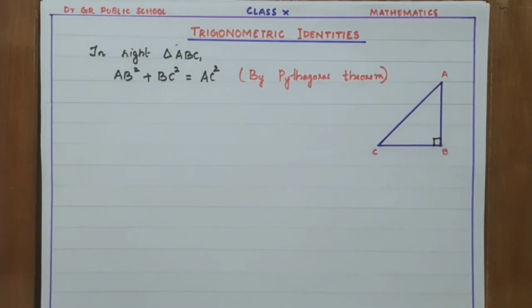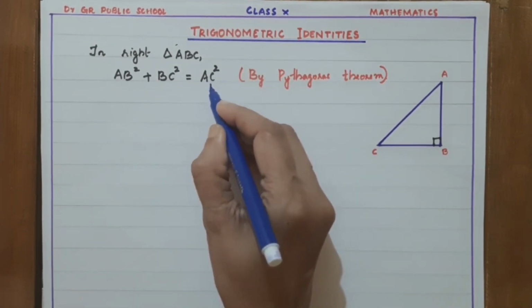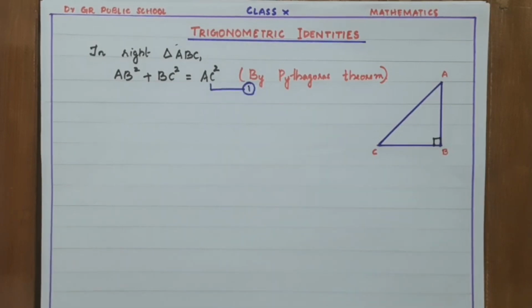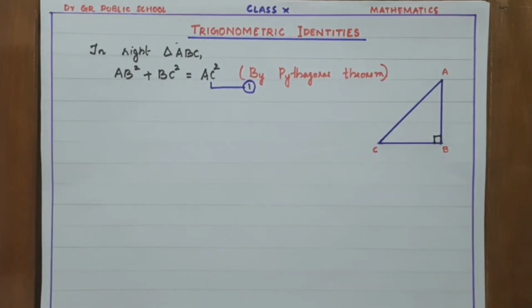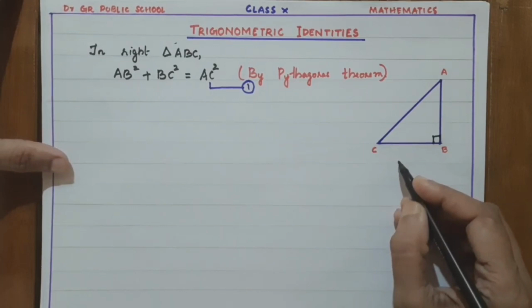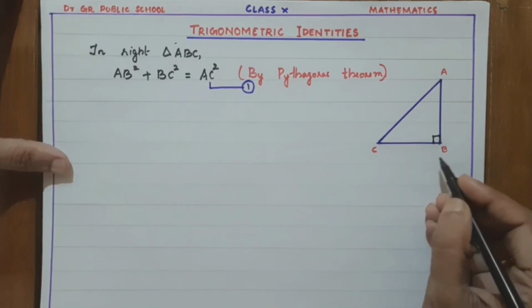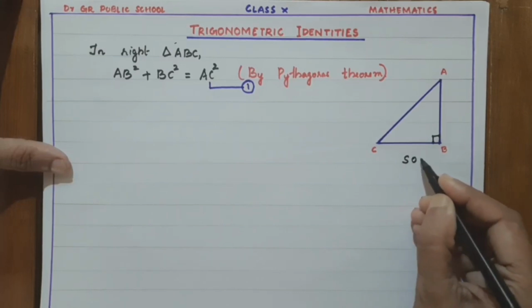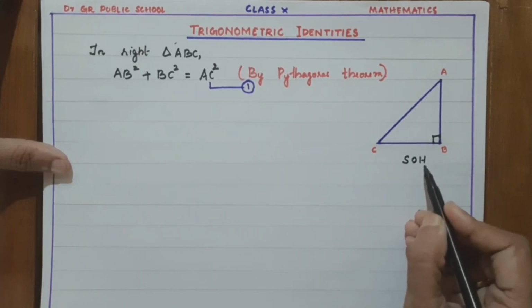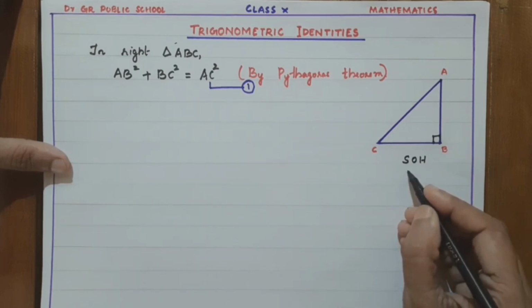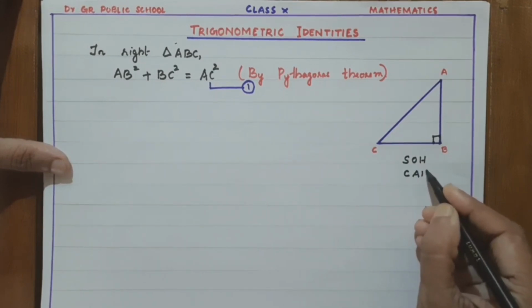See children, we are using this equation to prove all the trigonometric identities. So we can give this equation as equation 1. Okay, see children, our first identity is using the trigonometric ratio sine and cos. You know what is sine ratio? Sine ratio is opposite side by hypotenuse, and you have studied this short form. Sine ratio is opposite side by hypotenuse, and cos ratio is adjacent side by hypotenuse.